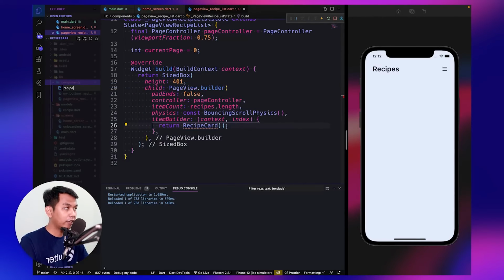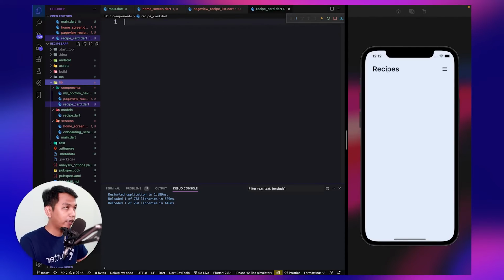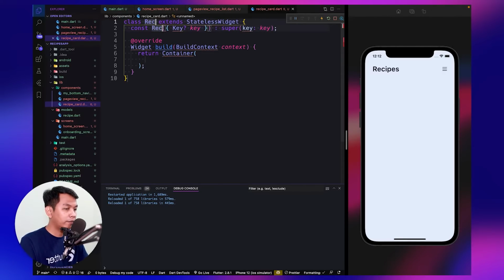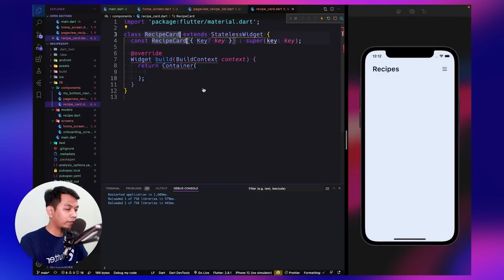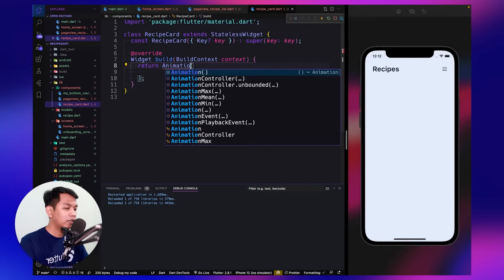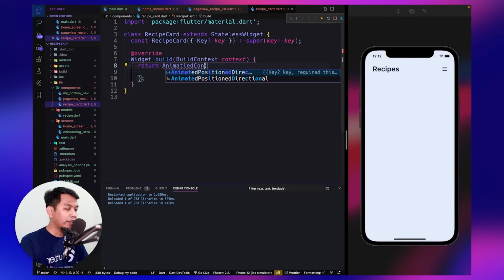So let's create file receipt card dot dart, and let's go to our receipt card, and let's make our receipt card a stateless widget, and we say receipt card and import material. Our receipt card will return what we name as animated container.